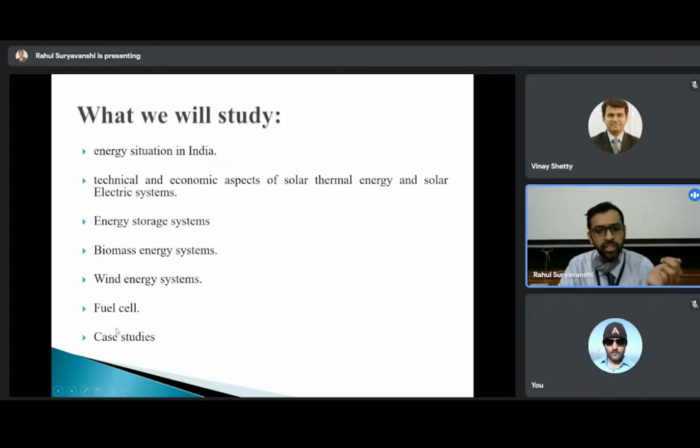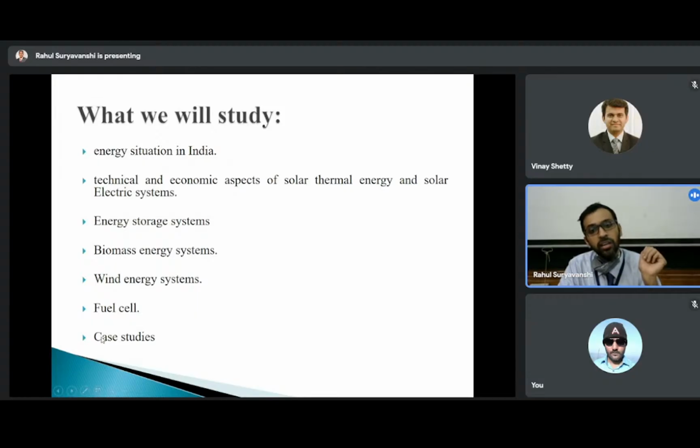And then the last unit, as I said, we'll be studying case studies. For example, we have a 450 kilowatt solar plant installed at our GIT. So we will be doing practical case studies of this plant. Then there is a wind power plant installed near the Gogte at Belgium. So we will be doing site visits. We will be doing analysis of those things.